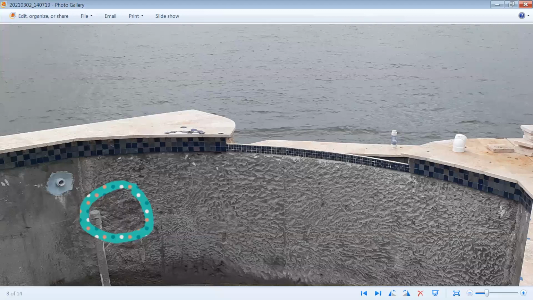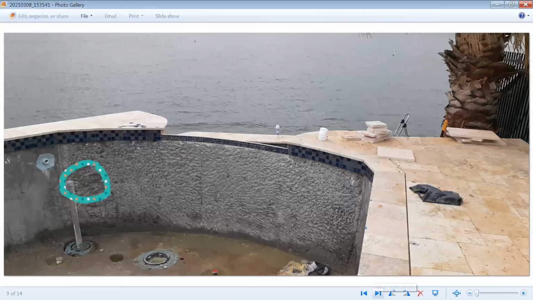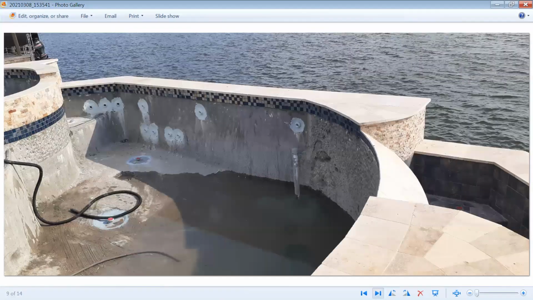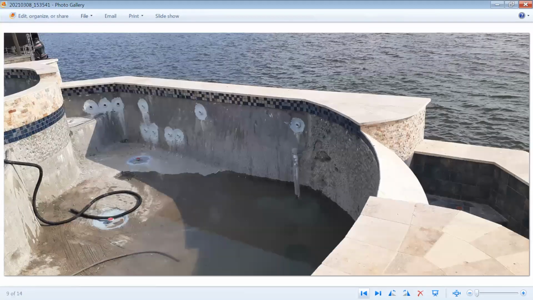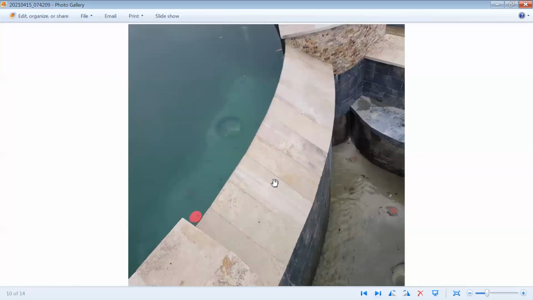Now, in moving into the next photo here, we see again the travertine. And what we see under construction, so keep in mind, we're still constructing, we've waterproofed the pool, and we fill the pool during construction. So it does not have the interior surface, and it still has several phases until it's completed. But what we want to try out or test out is a flood test to see how is the edge,